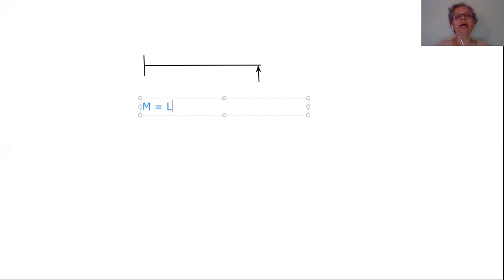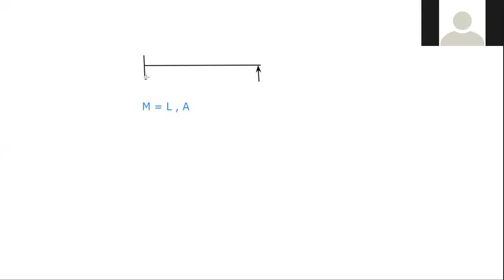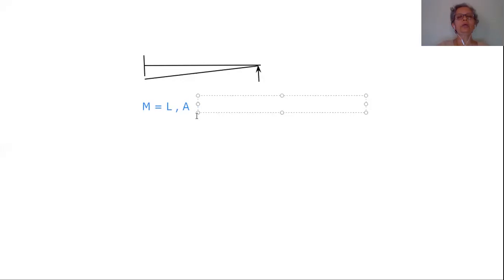After finding out M, I have to find out how much is the area. How do I find out the area? What will be the shape of the moment diagram? Triangle. It will be somewhat like this, right? This is how the moment diagram will be. So we have to find out the area of that moment diagram. Area is equal to L into L, half L square. Okay, L by 2 into L.